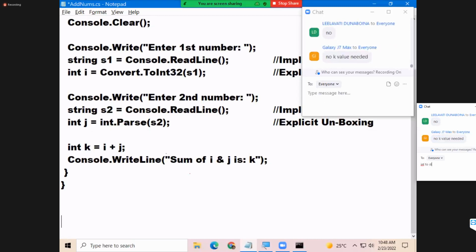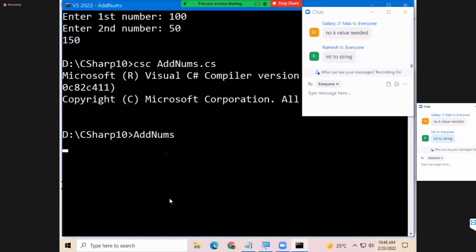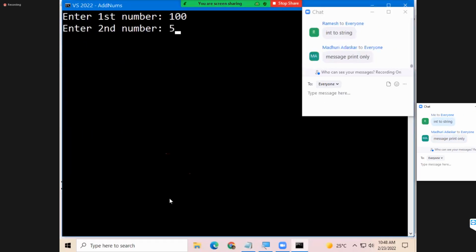Did you get me? What did it print? Sum of i and j is k. Do you want to see sum of i and j is k? What do you want to see? I want to see the i value, j value and k value there. Are you getting me? So let me save it. Compile it. Run. 150. That is not what we are expecting. We are expecting 100 in the place of i, 50 in the place of j, and 150 in the place